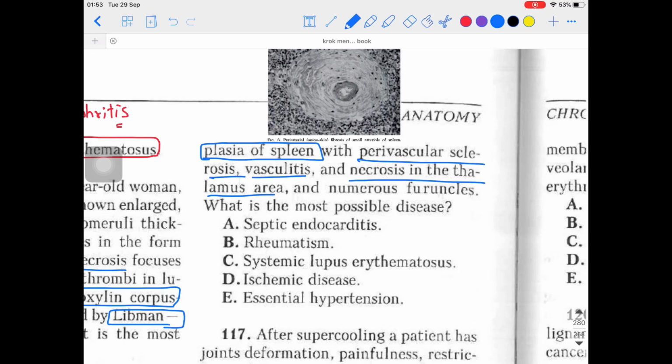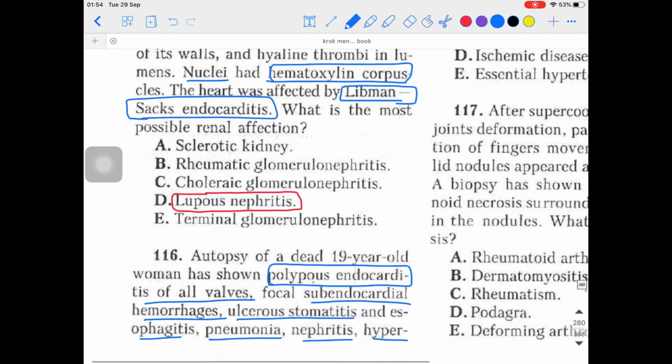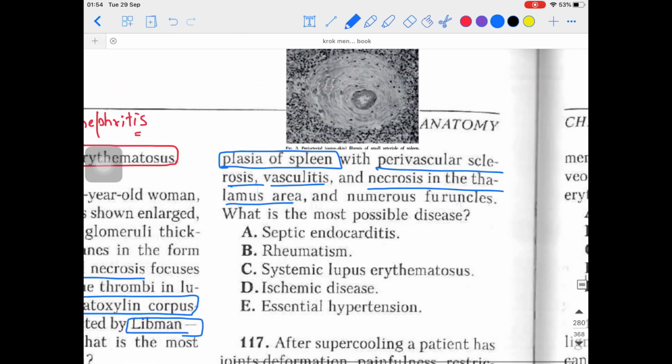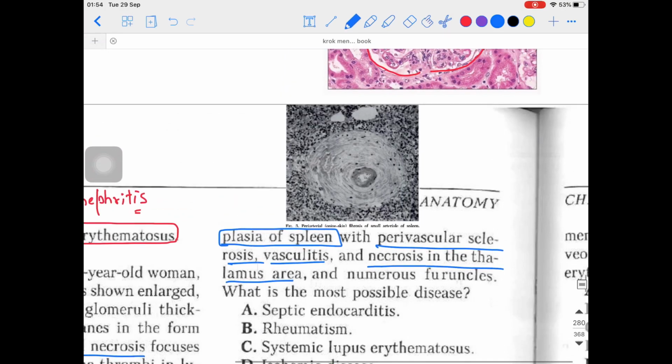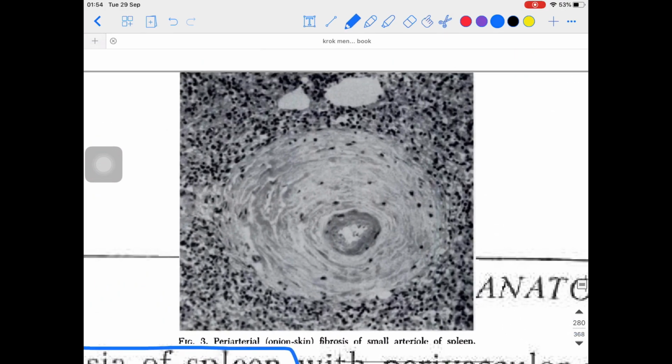And now we are going to talk about one of the complications present in the spleen, in which you might appreciate the onion-like lesion. So I am talking about the onion-like or onion skin lesion you might see there. That is seen in the hyperplasia of the spleen, which I have highlighted here in the box. That is the image you can see right now on your screen. That is an onion skin appearance. You can easily appreciate this appearance, isn't it?